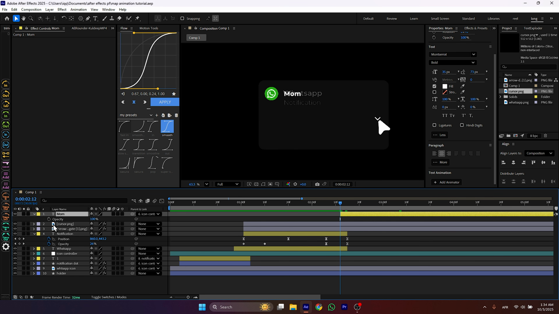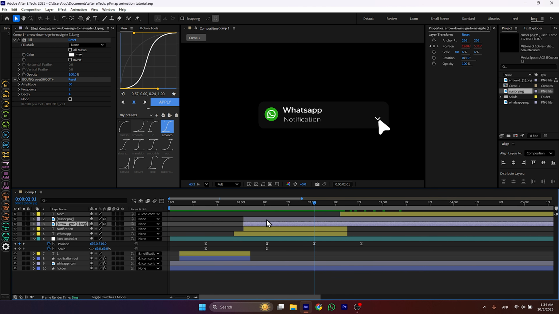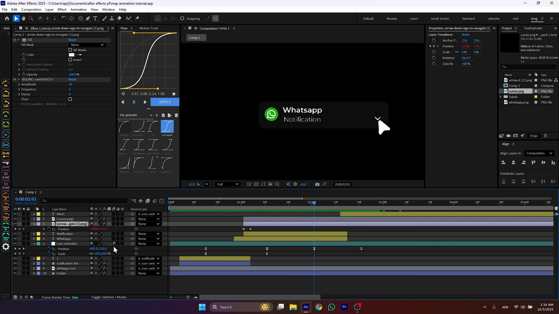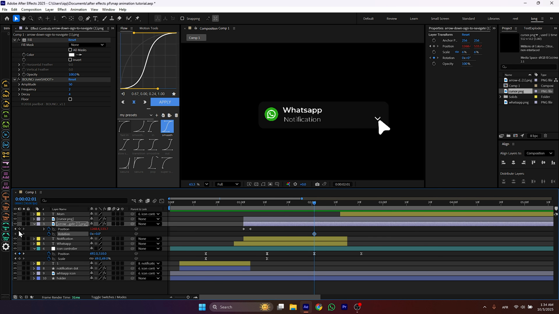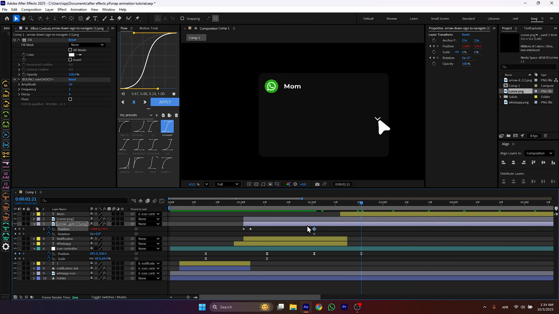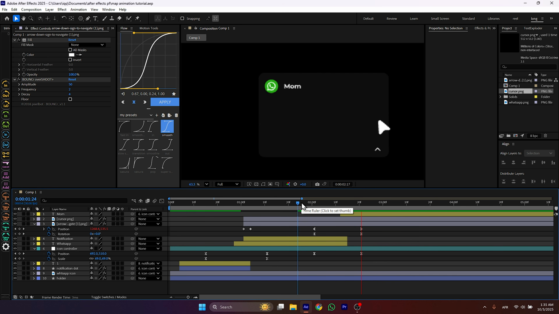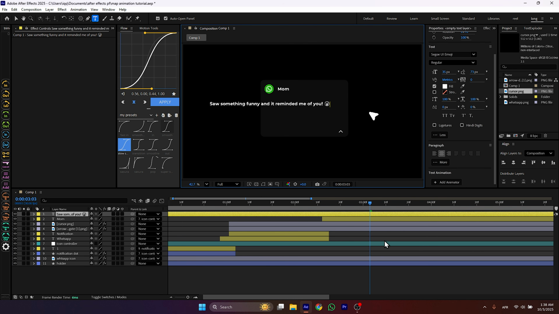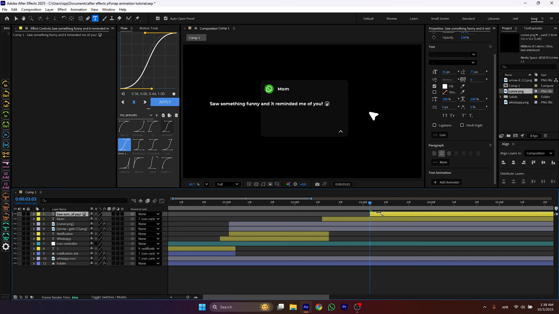Add some position and opacity keyframe to this text to make a fade in animation. Also animate the position and rotation of this arrow. Let's type the message. Adjust it.